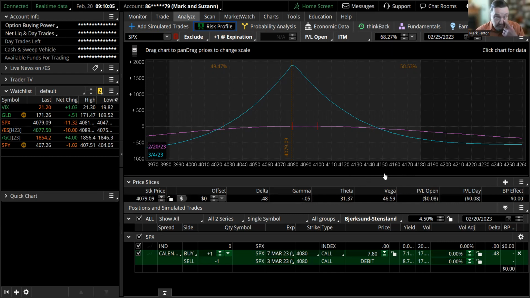The same would be true if our short went up a point and our long maybe stayed the same. Then we would lose $46.59. So whenever you're using a calendar spread, it's always best if you could put those on in a lower